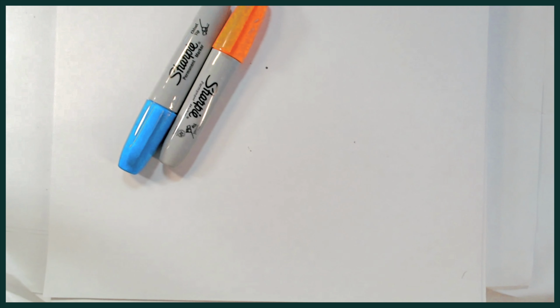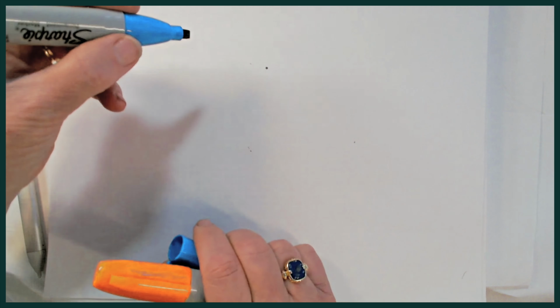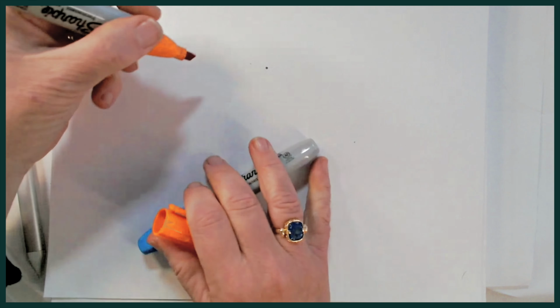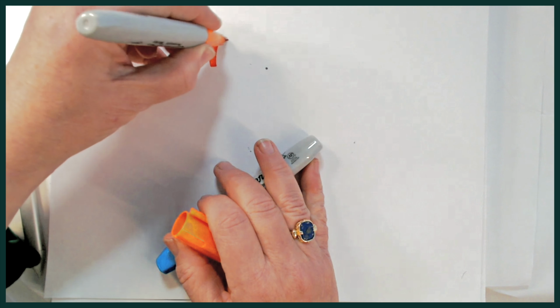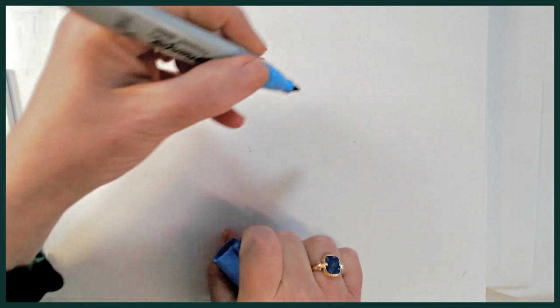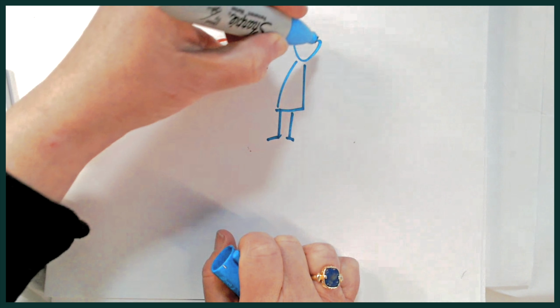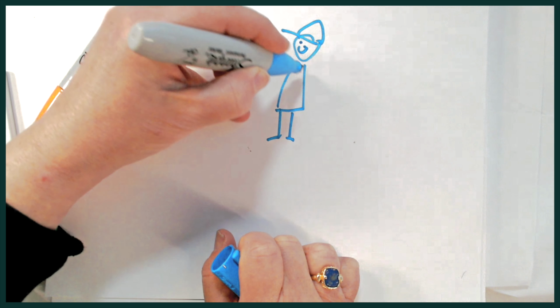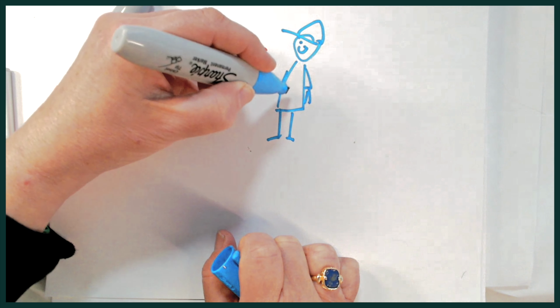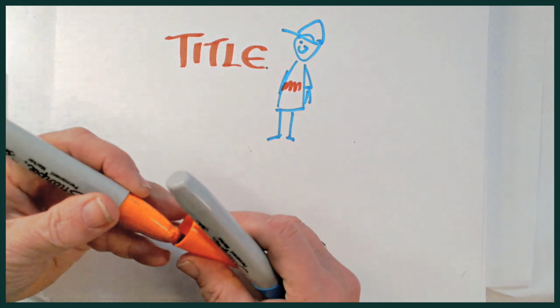I'm going to move my iPad out of the way, and I'm just going to show you the same thing on paper. I just happen to have orange and blue on my desk. I guess those are my two favorite colors. But if I wanted to make a title using my orange, now I'm capping this, I'm putting it down, and now I've got this person who's a blue person, maybe with their hat on, they're happy because they play for the Mets, the best team. But see, if I want to cap them again, and I want to make this thing,